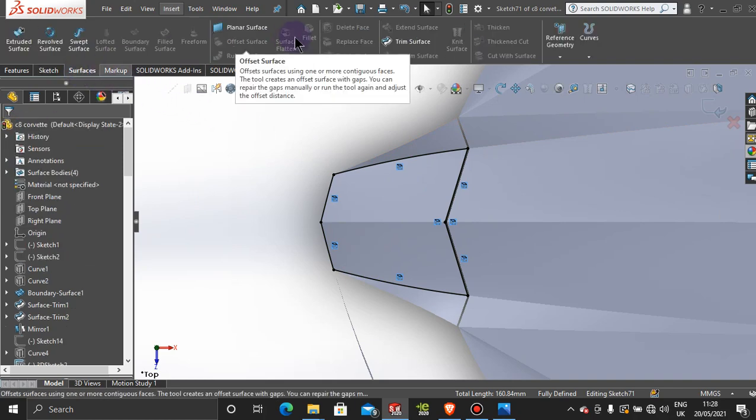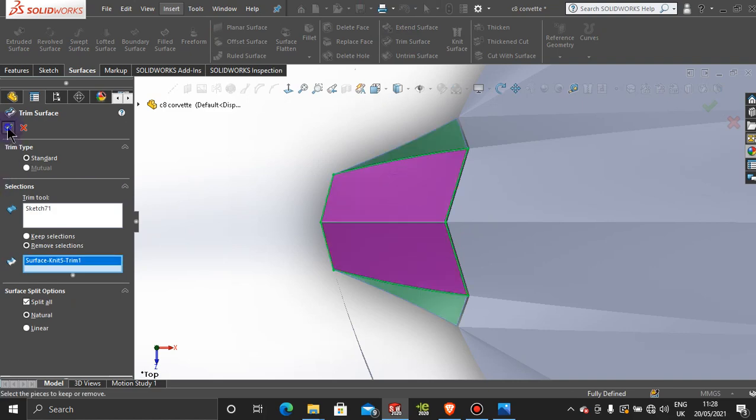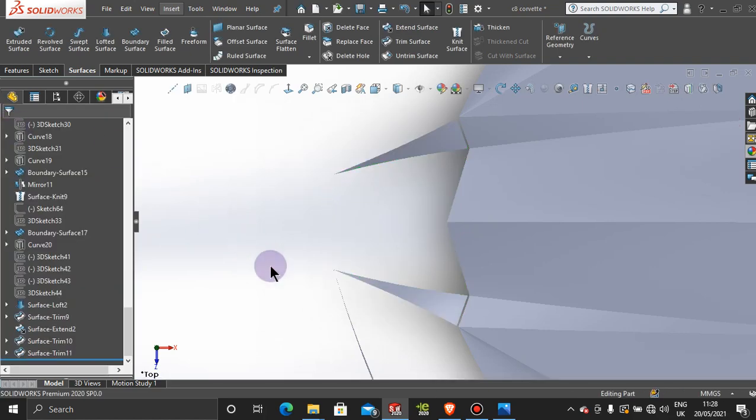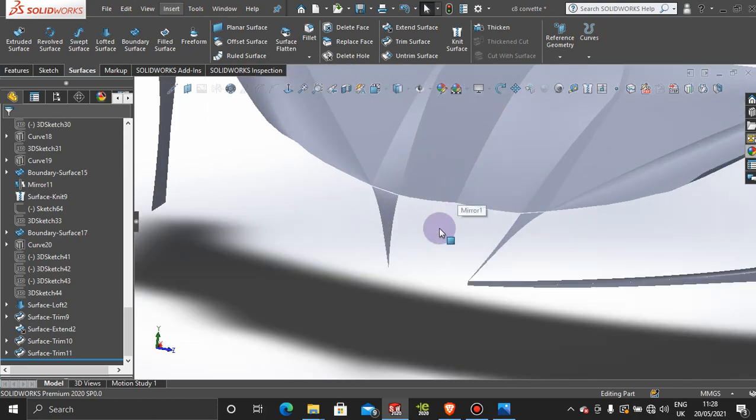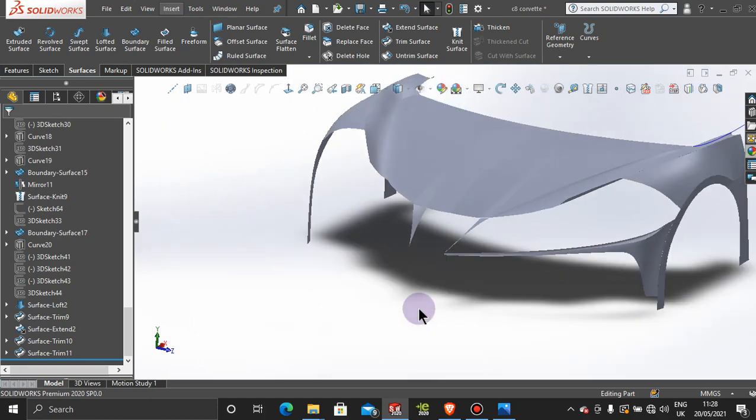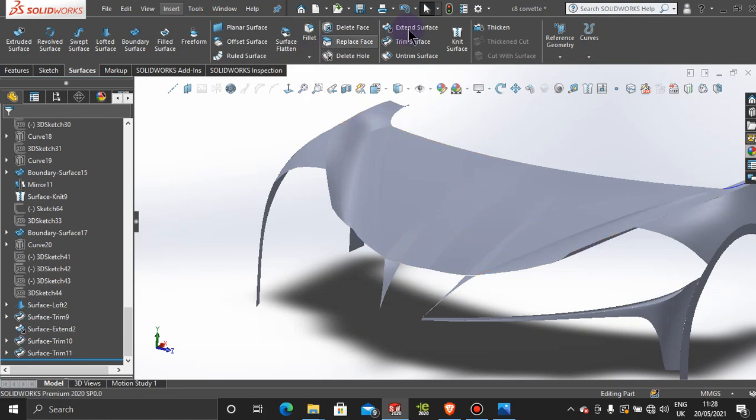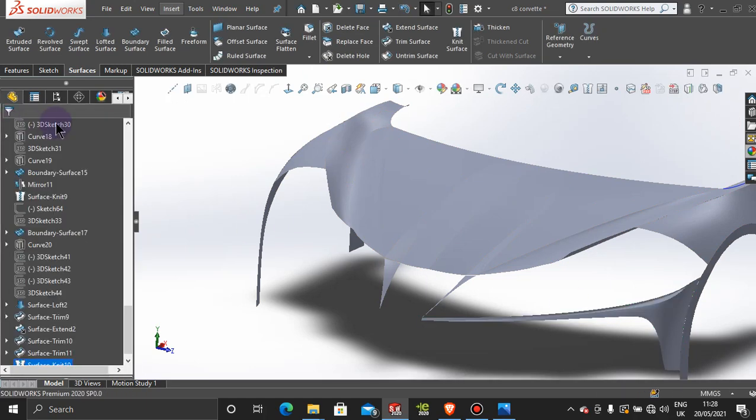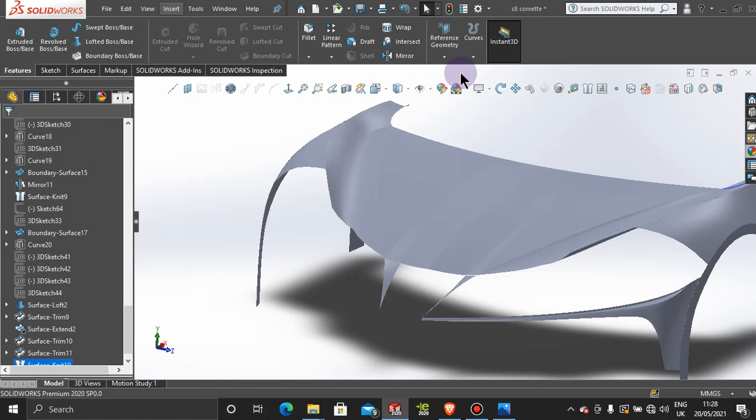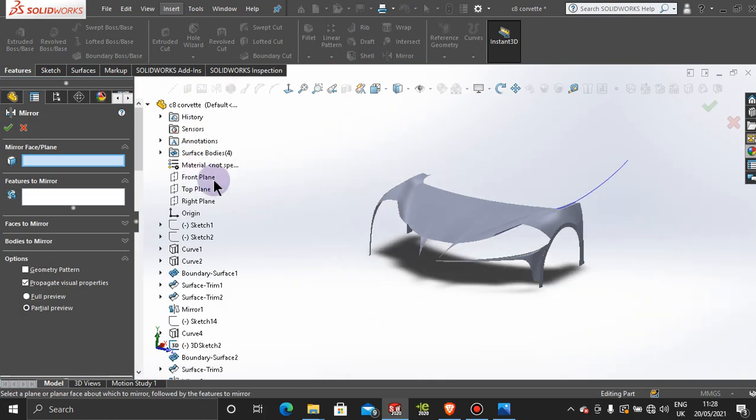And then let's jump over to surfaces, and we're going to chop out this whole section area here. Just get rid of that. Okay, that's good. And then what we can do now is we jump to knit, and we're just going to knit these two surfaces together. That's okay. And then we're going to mirror it over to the other end, front plane,